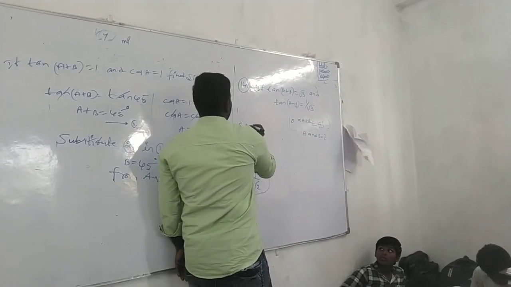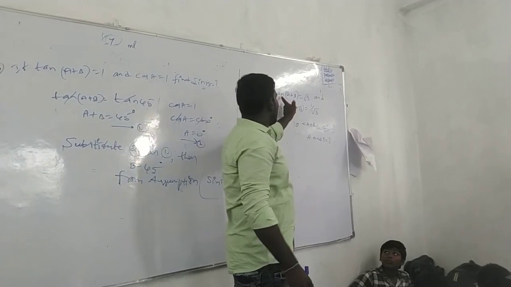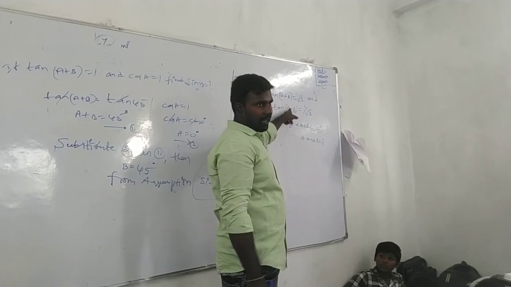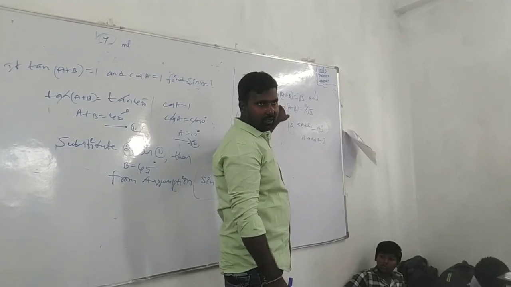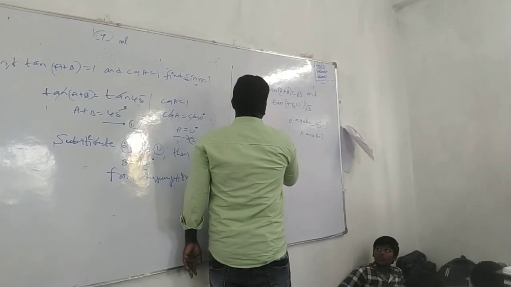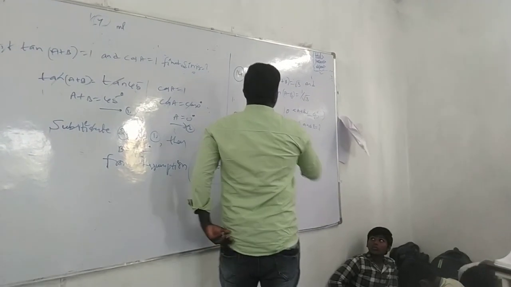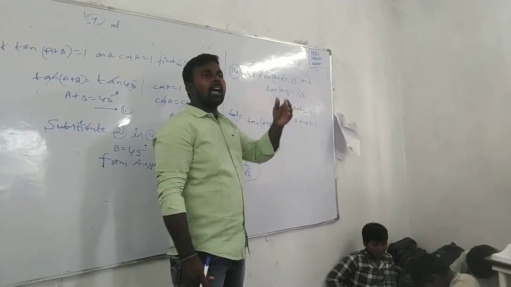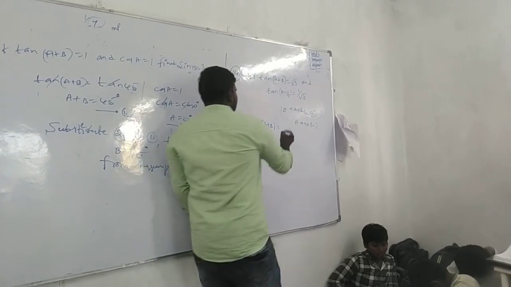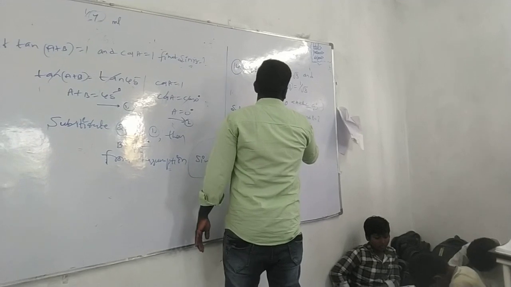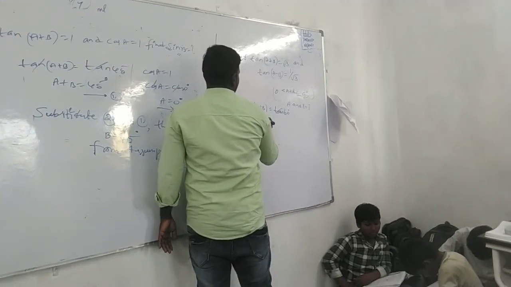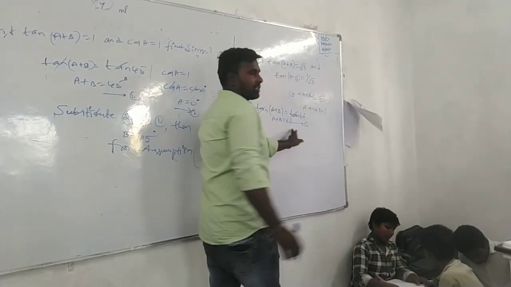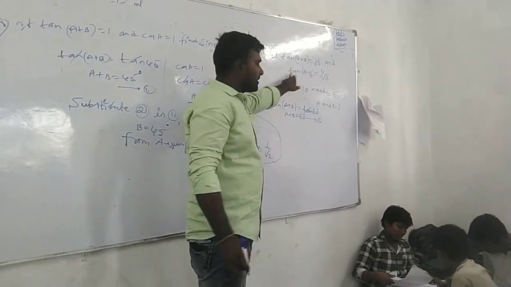So let me do this from here. If you want to find the A plus B value, then we should cancel this tan term here. Tan of A plus B is equal to, what is the value for root 3? It is tan 60. Yeah, tan 60 we have. It means tan cancels, then A plus B is equal to 60 degrees. Let me take it as equation number 1. Let me move forward to the second one.